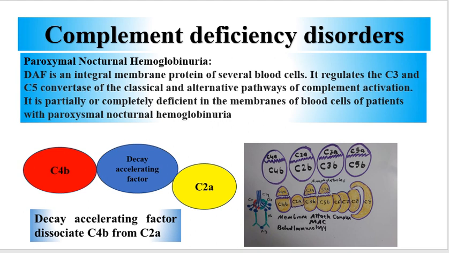In this lecture, I am going to talk about complement deficiency disorders. Paroxysmal nocturnal hemoglobinuria results from deficiency of decay accelerating factor, which is anchored to many white blood cells. And as can be seen here, the decay accelerating factor plays a very crucial role in protecting the nearby host cell when the immune response is done, as it interferes with binding of C4b to C2b, as can